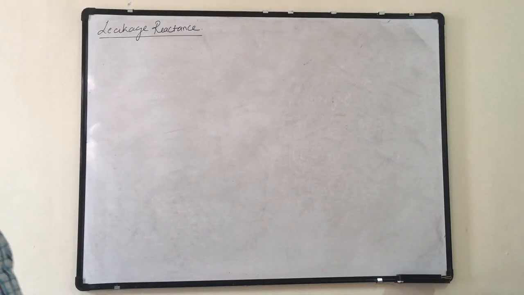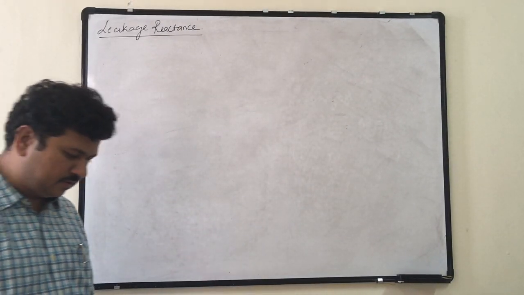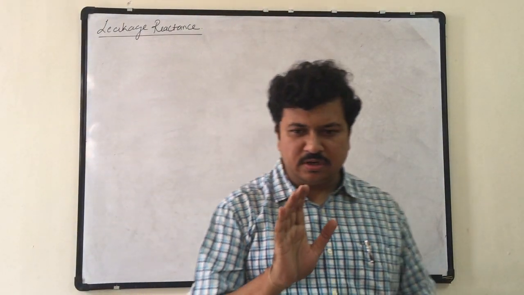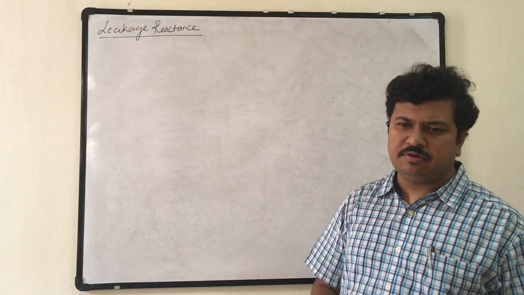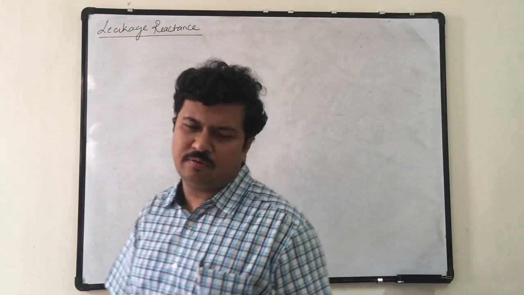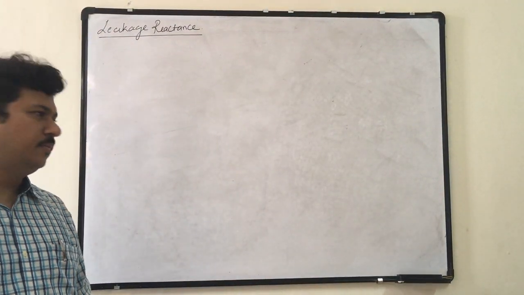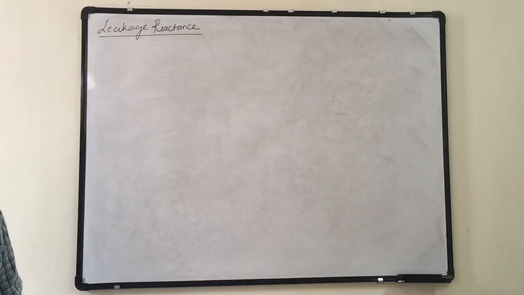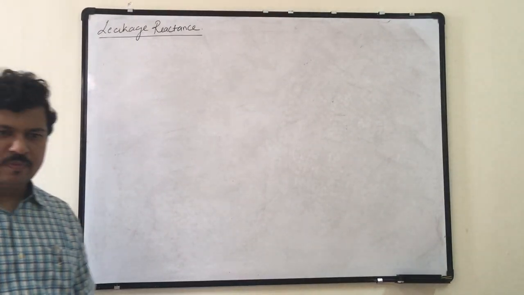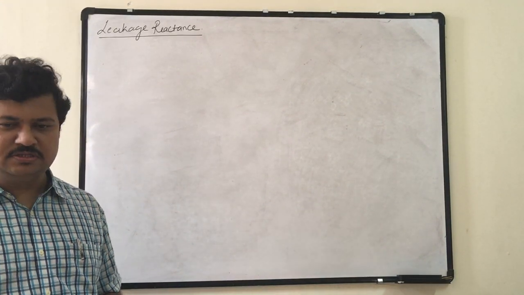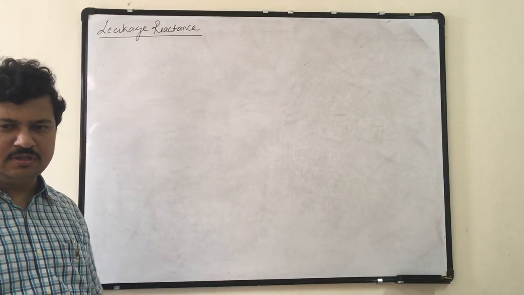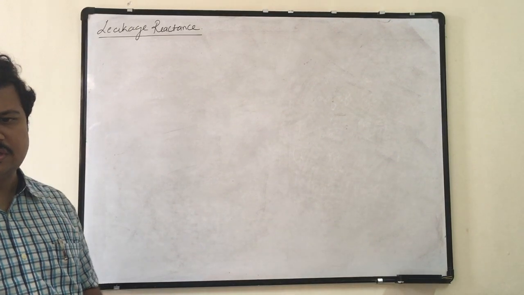First, to study the leakage reactance part in the transformer, we should understand what leakage reactance is, because it is one of a very big derivation. It is around 3 to 4 pages. Without properly understanding what leakage reactance is, why it exists and where it exists, it is difficult to go through the derivation. For me it is easy, I can simply write down the things. For you it will be difficult to understand.